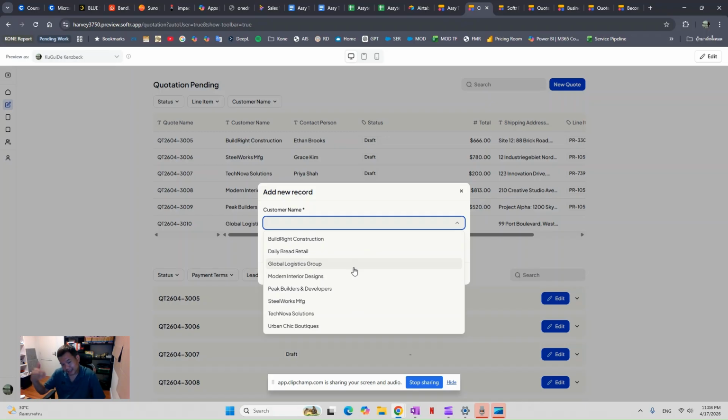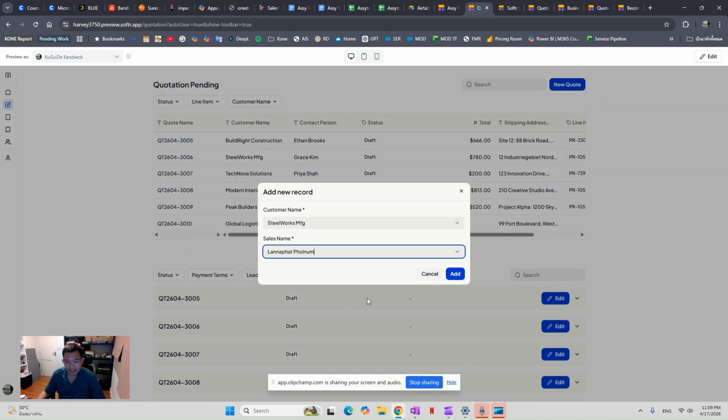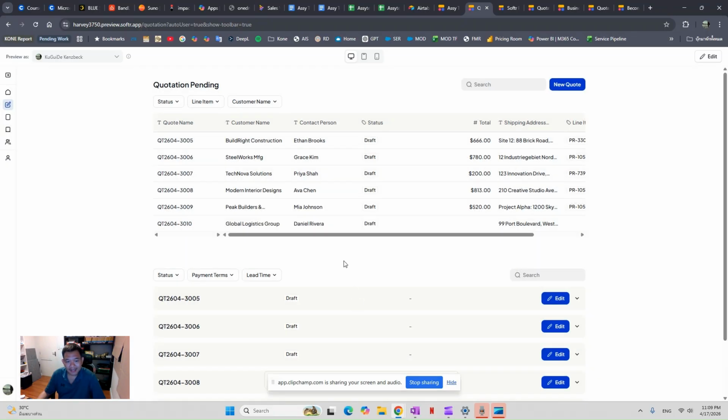In order to have this list, you must already have the customer data in the database, which may be shown after this. But for now, just to demo what the tool can do, I will select a customer here and the name of the salesperson, if you are the person to quote it. In this case, I will select this person and click add.